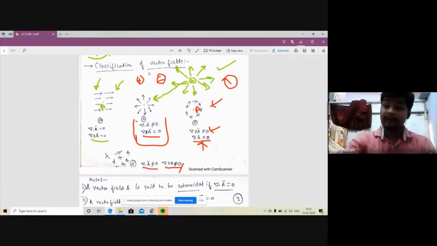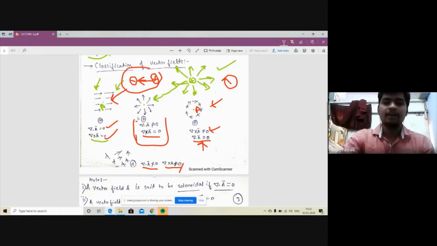Yes, sir. But now I will tell you. Suppose this is a negative charge, right? And this is a positive charge. If we join the lines, this forms a dipole. The field lines are coming out from the positive and going into the negative. So this is like the first case, neither rotating nor diverging. If you consider the example of a dipole, then the field line over here is neither diverging nor rotating, meaning you can say the field lines are irrotational or solenoidal. I will tell you in the notes.